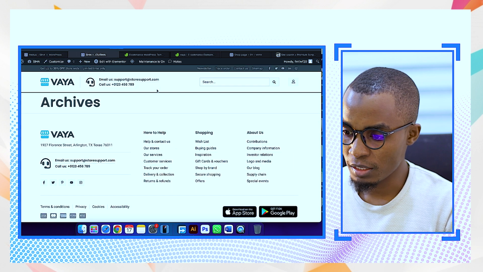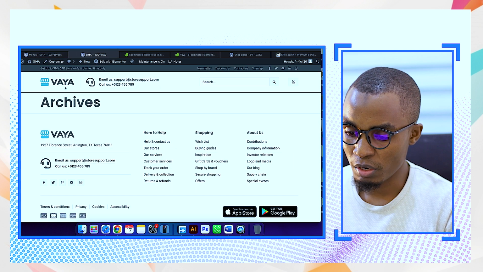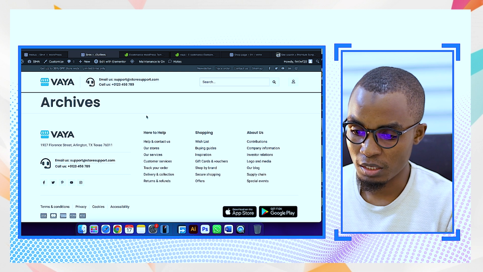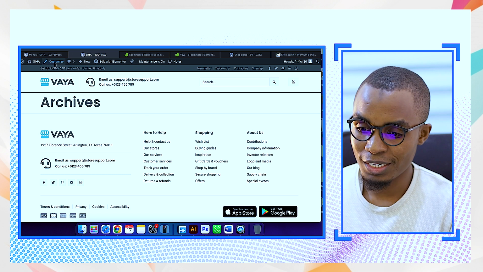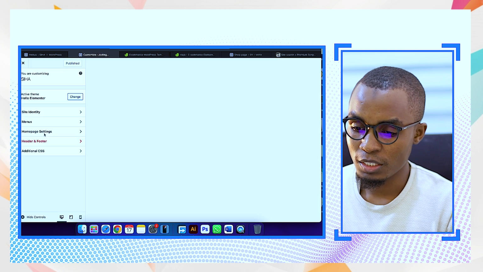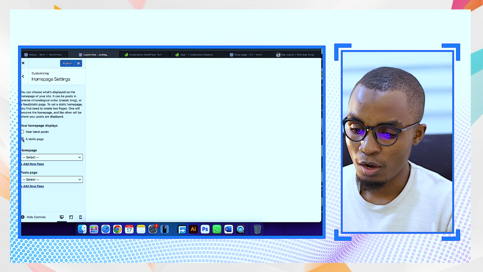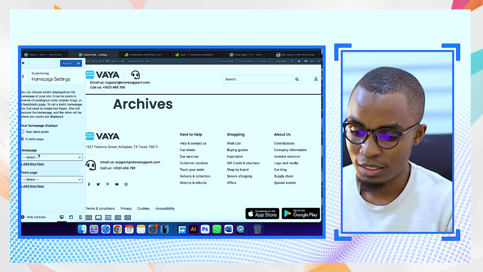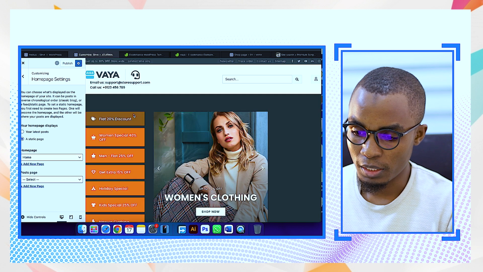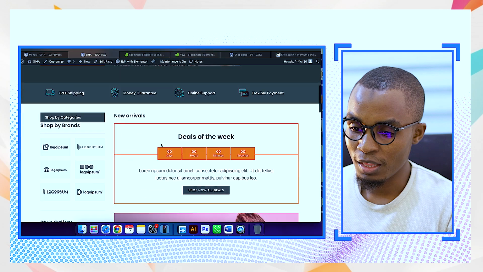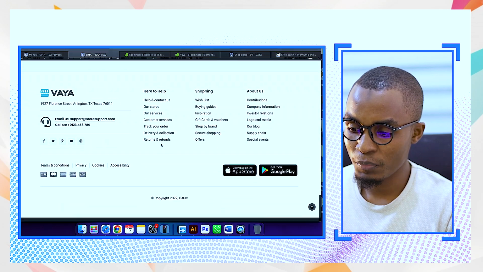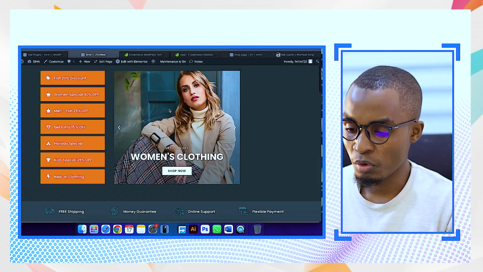So when you look at the site and reload it, you still don't see anything. Nothing is clickable, right? So this is where we go to that customize section, which is here. Select customize, and then home page settings, static, then select home. And then we don't have that blog, so that's it. You see, the site is already complete. You already have